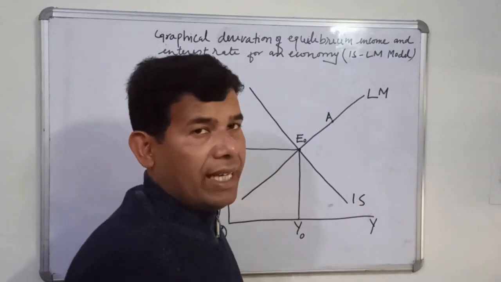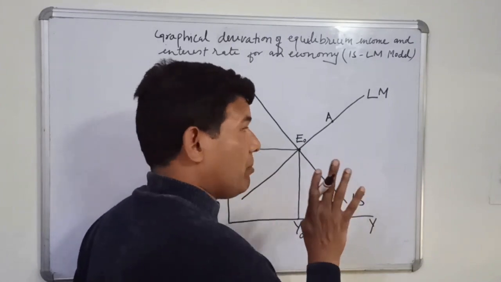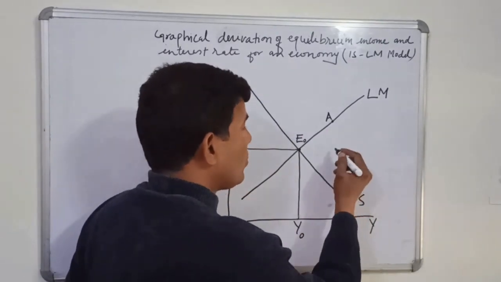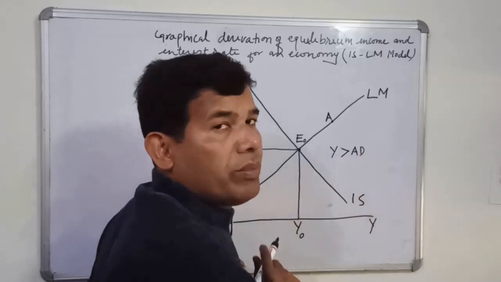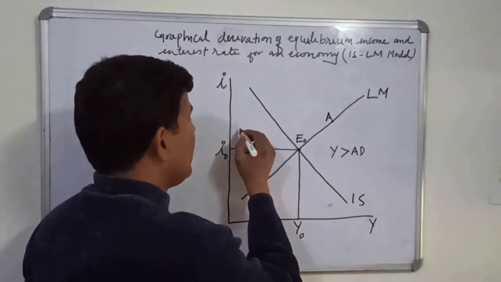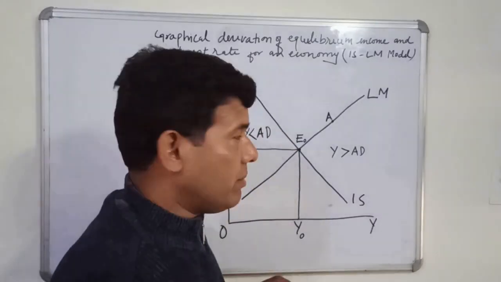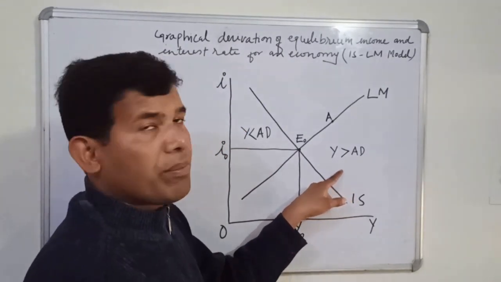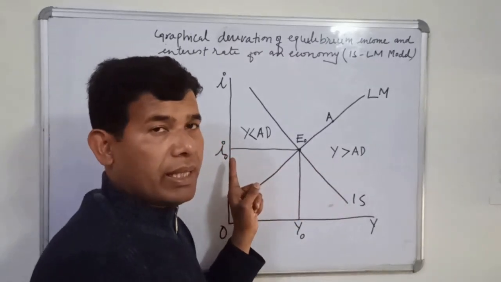So now when we are at point A, money market is in equilibrium. But what about goods market? Goods market is not in equilibrium. Remember that as long as you are on the right side of IS curve, your goods market would always be characterized by these conditions. Y would be greater than aggregate demand, right? Similarly, if you are to the left hand side of IS curve, goods market would be characterized by Y being less than aggregate demand. So when you are on the right side of IS curve, economy is characterized by excess supply of goods and services. When you are on the left hand side of the IS curve, economy is being characterized by excess demand,